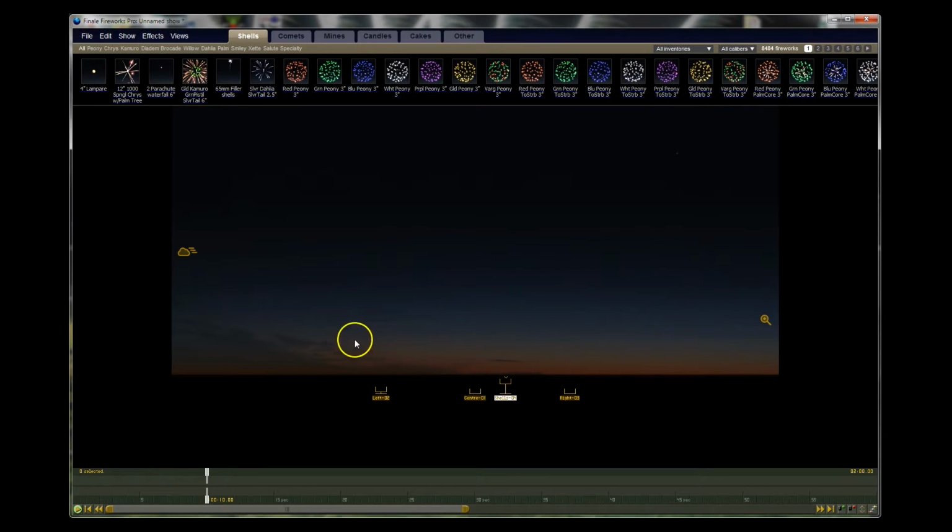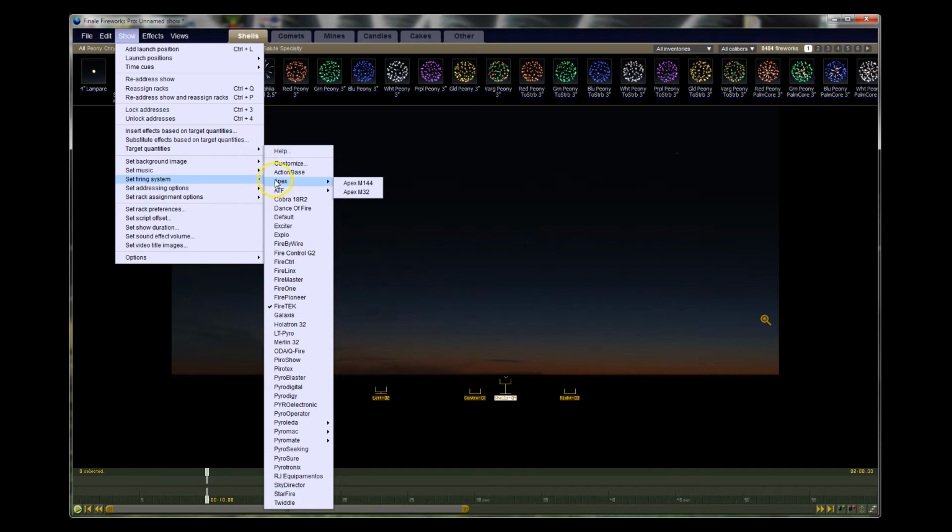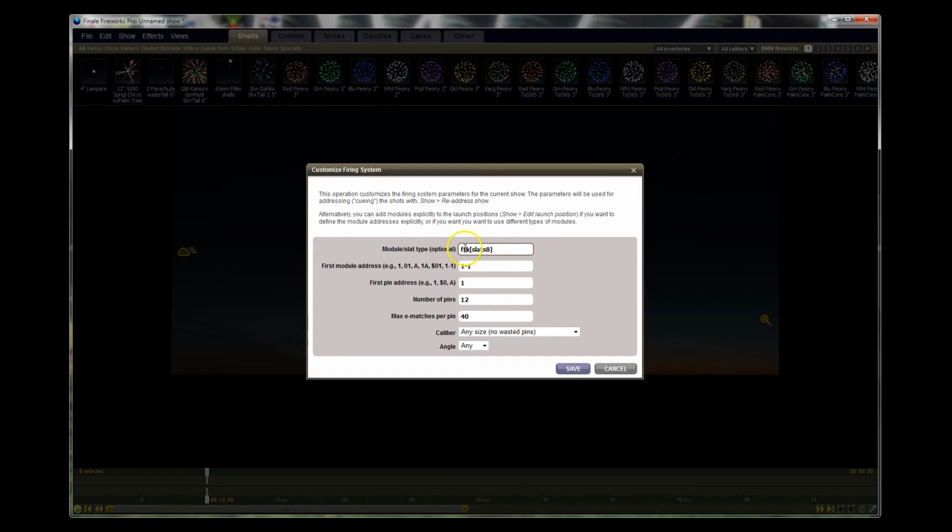What we need to do is tell Finale Fireworks what firing system we're using. So if I remember rightly, underneath show we have got set firing position system, and it's ticked, it already is set to FIreTEK. That's a good start, but we need to customize that setting, and it's the front option, FIreTEK slats 8. The old FIreTEK system, the very first one that was built in 2009, had 8 slats, which would give you 96 firings. The firing modules that are now sold, the compact module and the waterproof module, and which is the 48S and the new